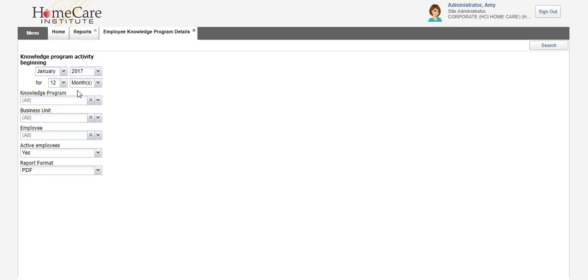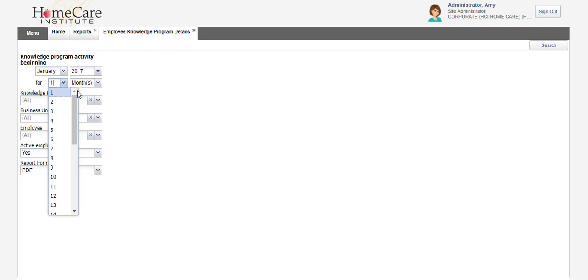This date setting is set to begin in January of this calendar year and go through whatever the current month is. Since I'm running this report in December of 2017, I have 12 months after January 2017. When 2018 comes, and it's January, 2018 will appear here, and the months will reset to 1. If I look through my options, you see I can select any of the months, any years up to present,